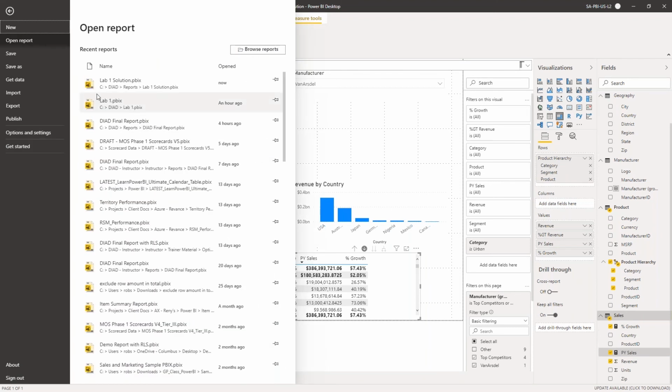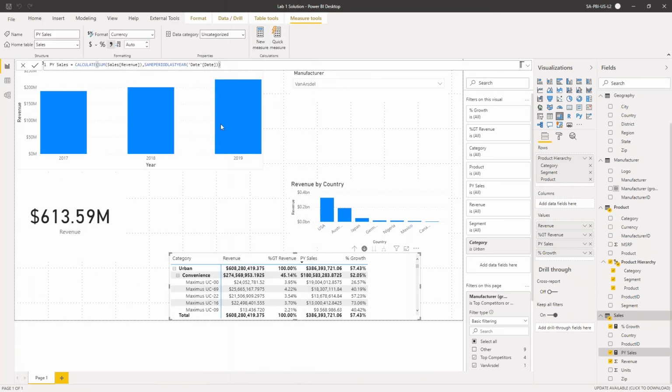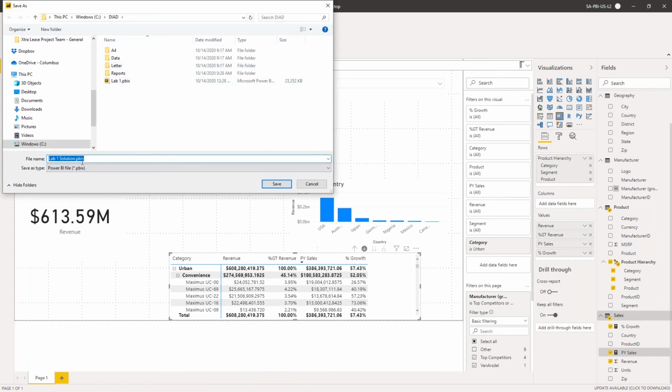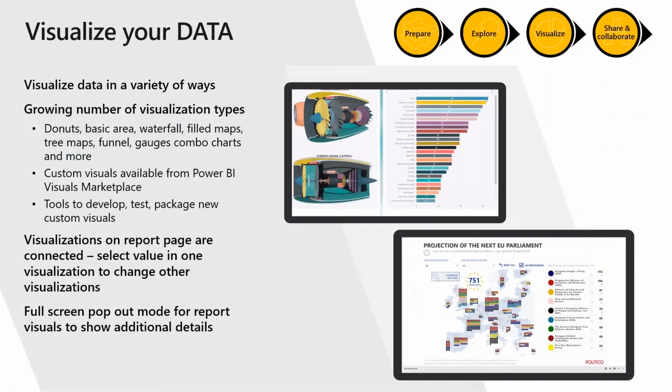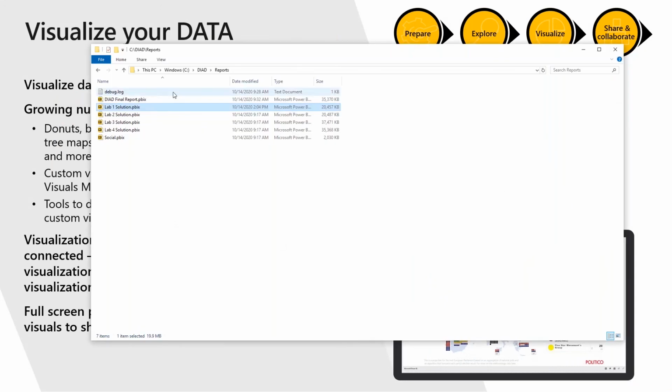And I'm going to save that as Lab 2. Not inside of my reports folder. Let Power BI save that. And then, again, I prefer that we start Lab 3 using the Lab 2 file. So if you go back to your Dyad folder and navigate into the reports and launch the Lab 2 solution,